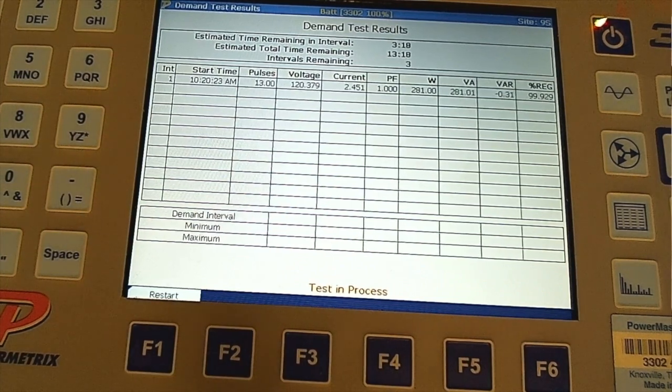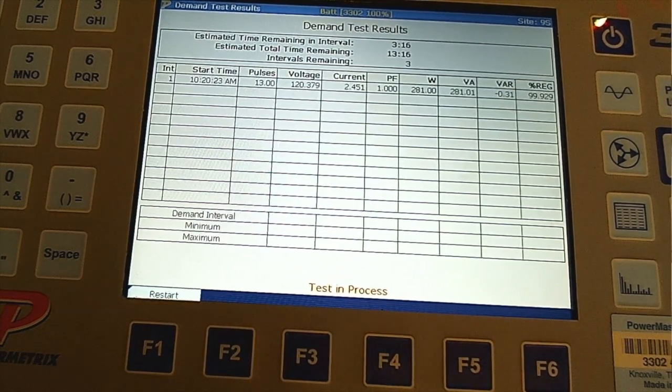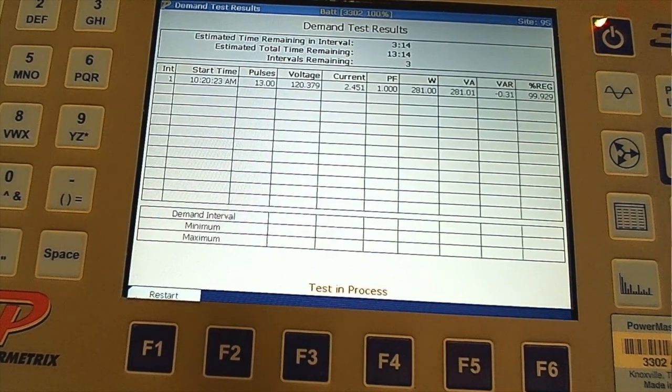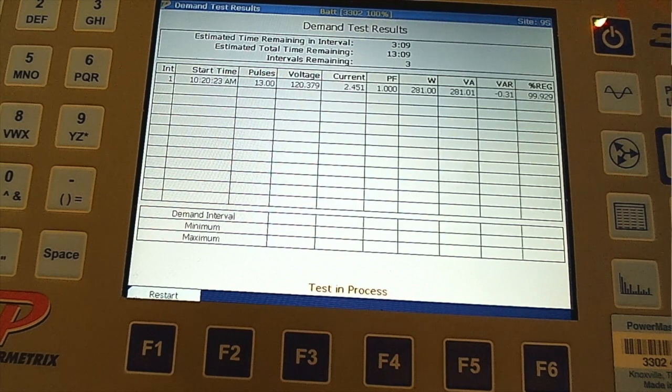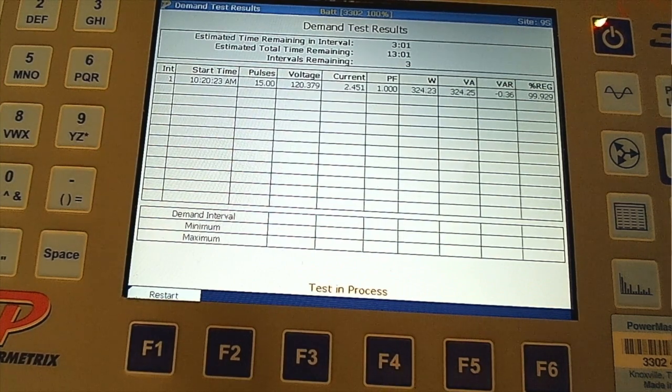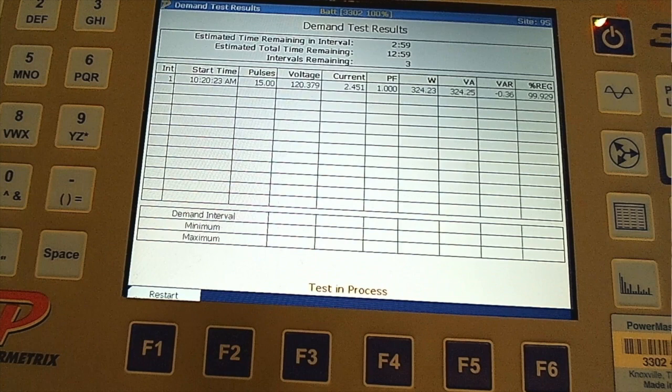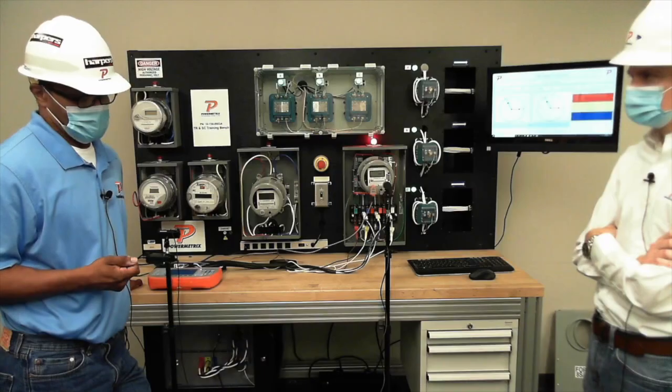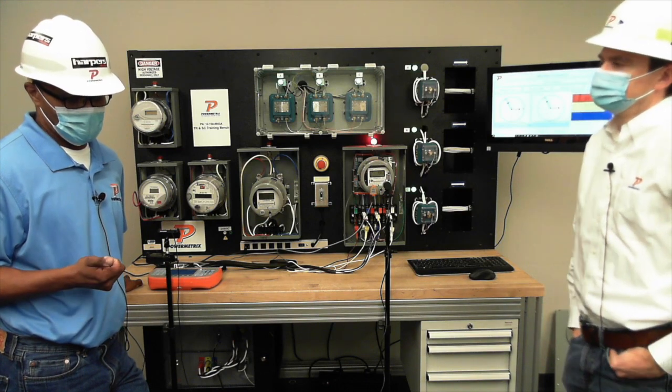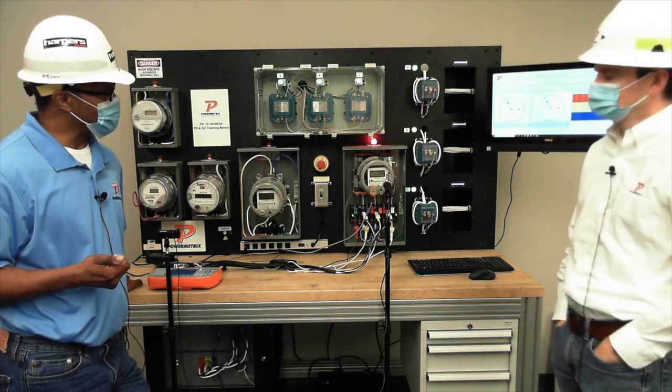But anyway, is there anything important that needs to be on the display? For example, I've seen that some meters have minimal display. So what would you recommend the meter technician have programmed so they can see it on the display, so they can do a cross-check between the PowerMaster and the meter display? Some of these meters will now display what type of service you're using. Some will give you your kilowatt hours, your kW,